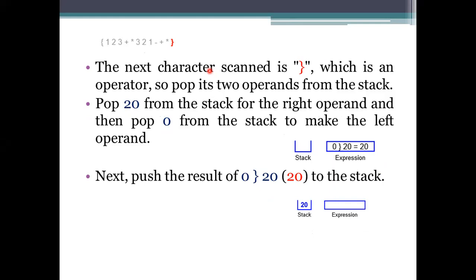The closing brace will be specified, meaning it will be popped out and then placed into the expression. The elements being used there should be popped out: 0, and then the next brace, and then the next 20, which is equivalent to 20 only. So there is no such meaning for performing an action there. What it is doing is allowing access to the elements we are having.